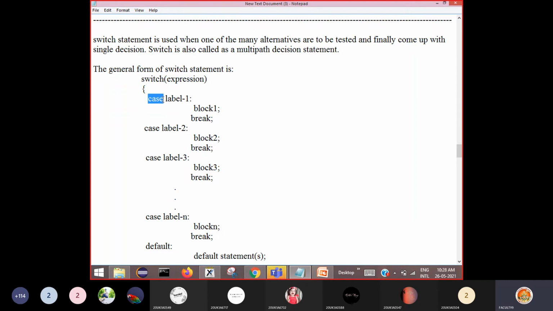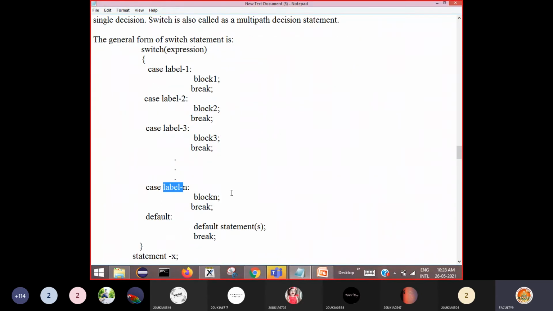This case is also a keyword here. Case, space, and we give some labels here: label 1, label 2, label 3, up to label n. Label 1, label 2 are nothing but integer numbers.